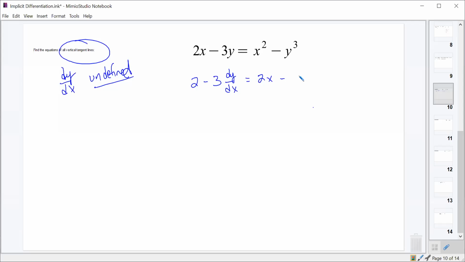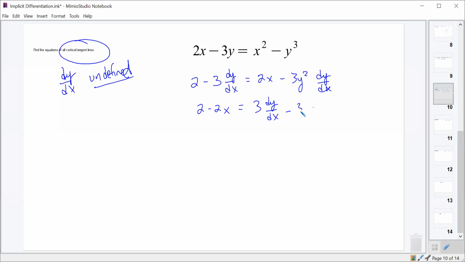Ought to give us 3y squared dy dx. Good or no? Good. Okay. So then we'll subtract this 2x to get 2 minus 2x